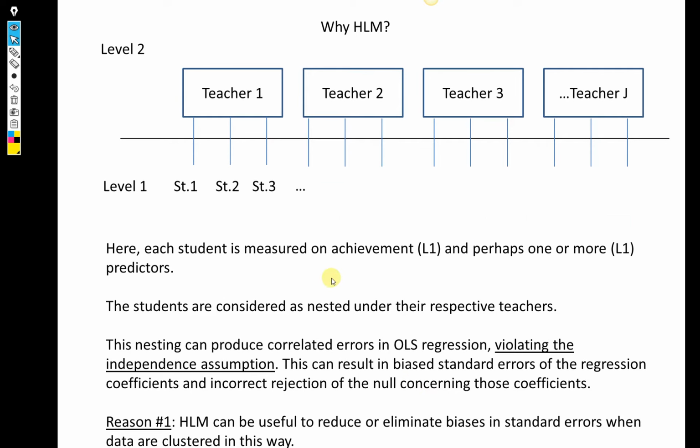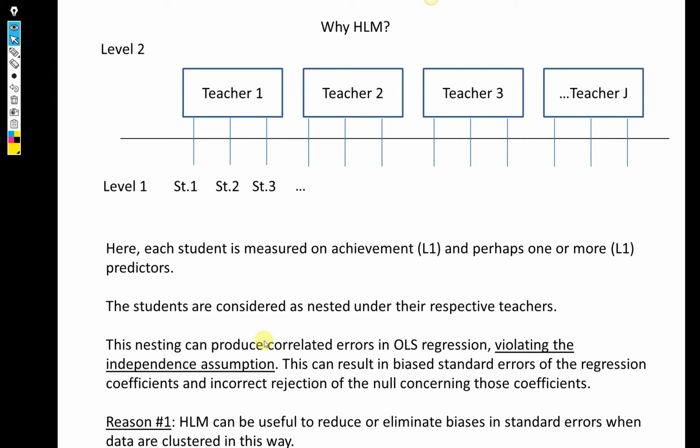So here we have a situation where each student is measured on achievement at level 1 and perhaps one or more predictors. Again, this might be gender identification, prior knowledge, or motivation to learn. So the students are considered as being nested within teacher. So this nesting structure, if we're using OLS or least squares regression, can produce violations of the independence assumption, specifically violation of independence of residuals